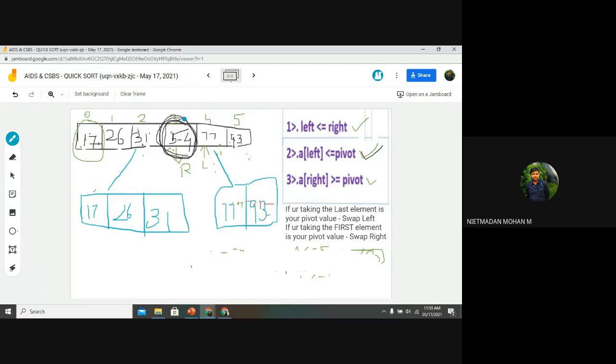What it means is we have placed the pivot value in its exact position, but on the left-hand side we have only arranged the values smaller than the pivot, not in the exact order. For arranging that order, again we want to do this.